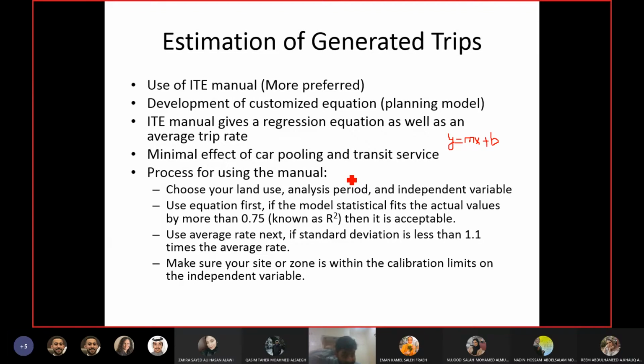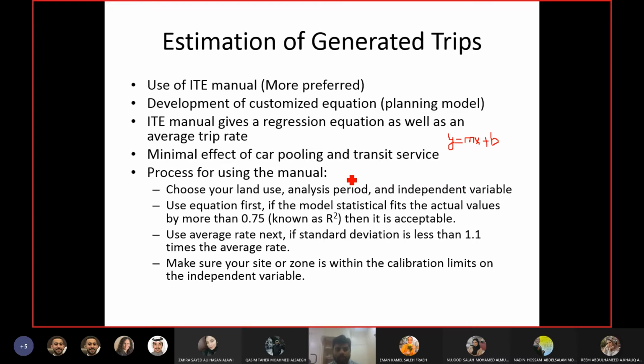Okay, number of trips will remain the same, but the number of vehicles will reduce. And if all the trips generated are made by a single person in his or her car, then obviously the number of trips will become equal to the number of vehicles. But we cannot know it at this stage. When you are calculating the number of trips, we do not know how many vehicles will be there. So you are calculating how many people will go to that area.